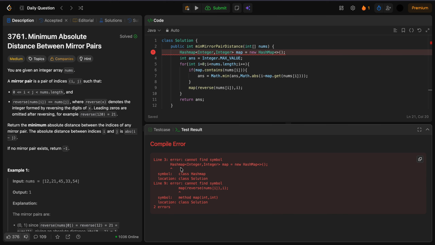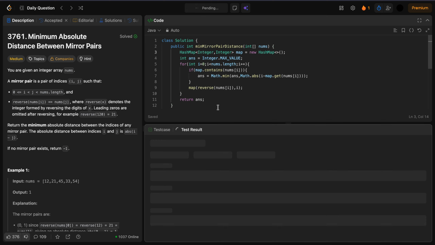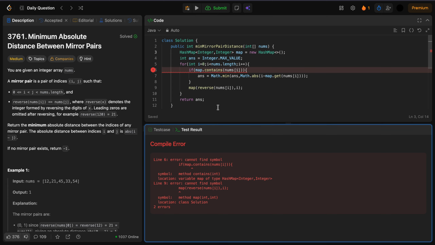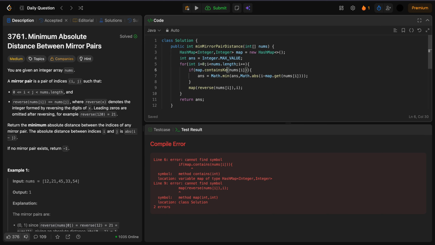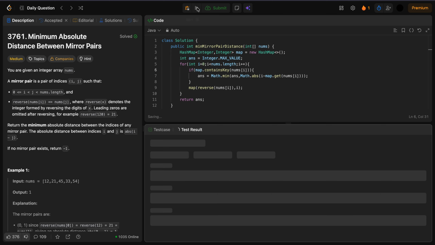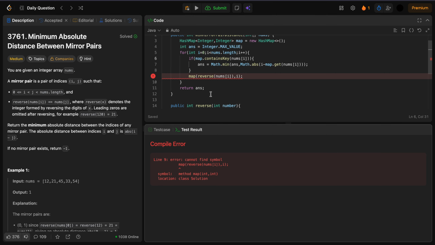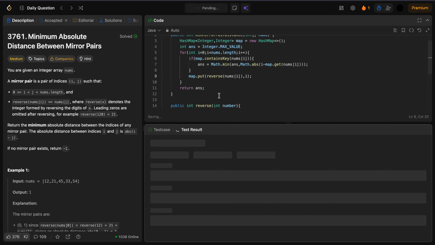we got one error. So yeah, instead of contains, it should be containsKey. And here it should be map dot put. So running this,